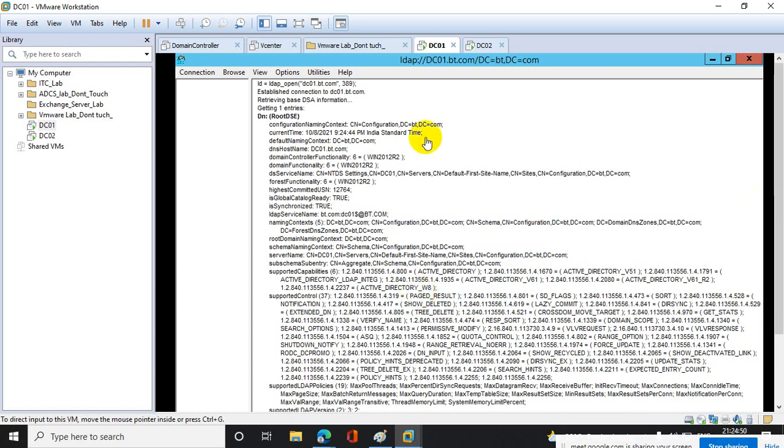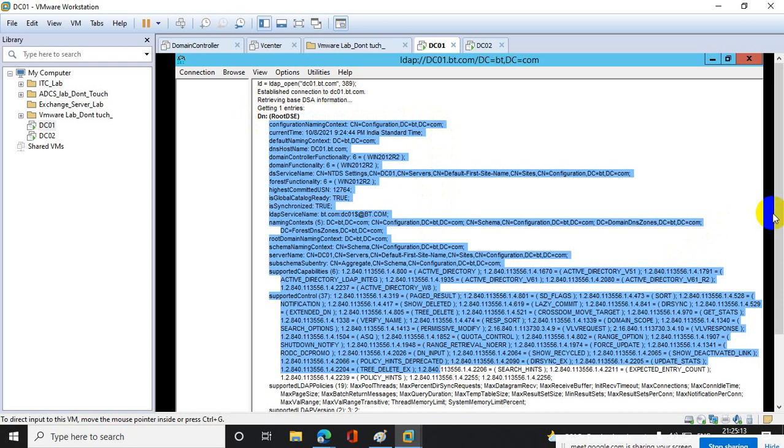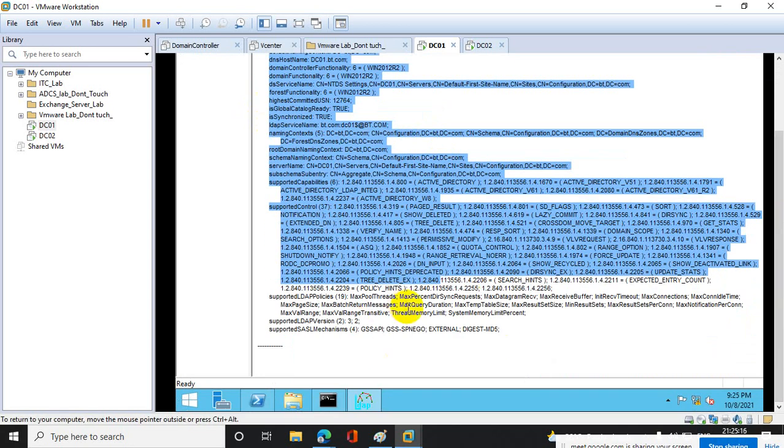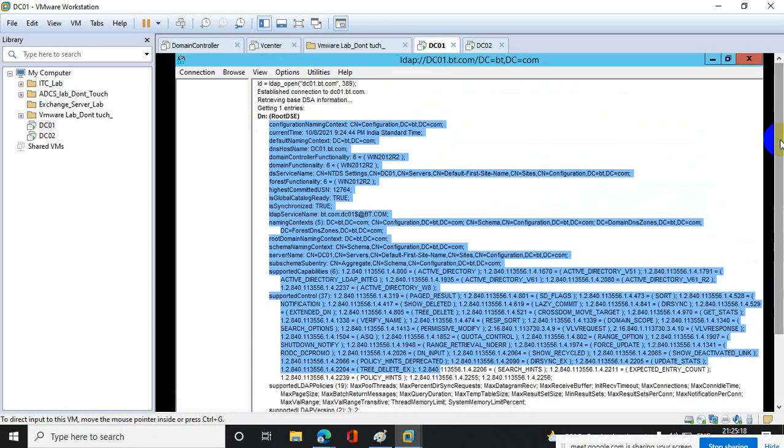Once you've done this, you see what's happening. LDAP open to DC01 on this port, established connection to DC01, retrieving base DSA information, directory server architecture, getting entries, then finding the root, the configuration partition, and the current name. All those things you can find, and it is showing you your Active Directory partition.